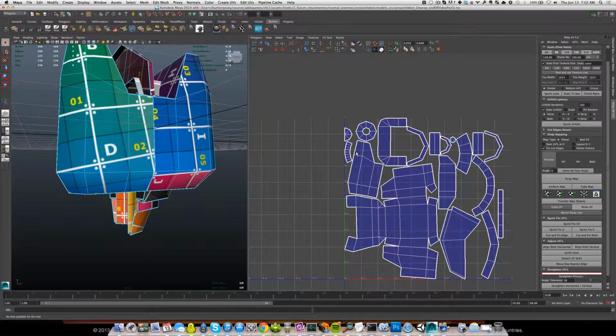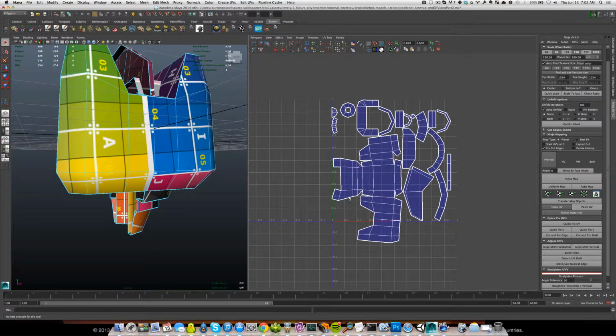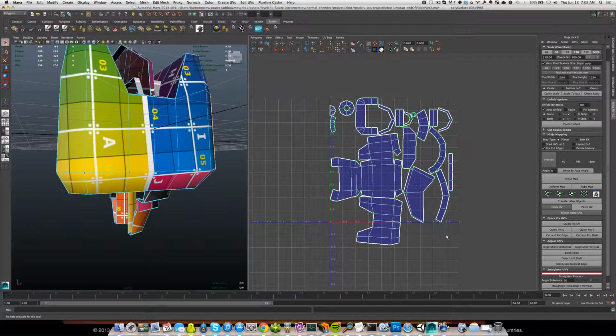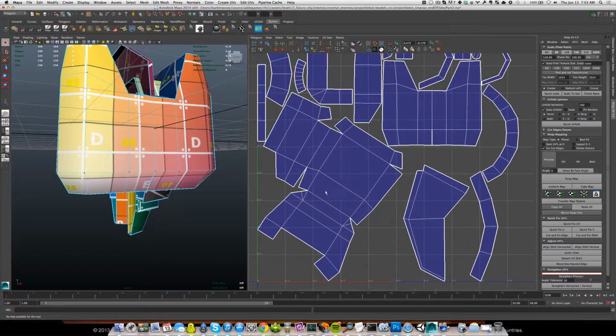So, I kind of wish I could join these two edges together, like that. I think I'm going to disconnect the face altogether. Take his face off. All right, so we get a little bit of a more interesting